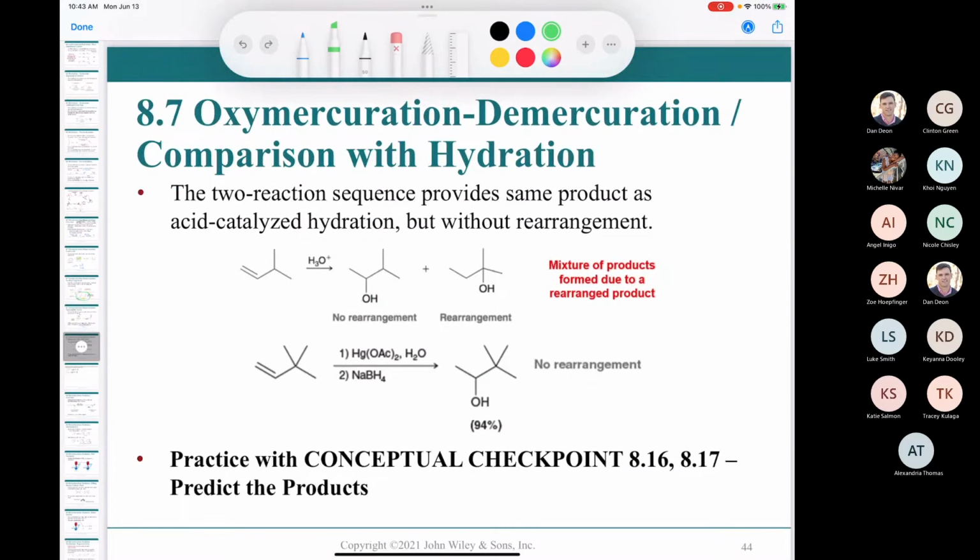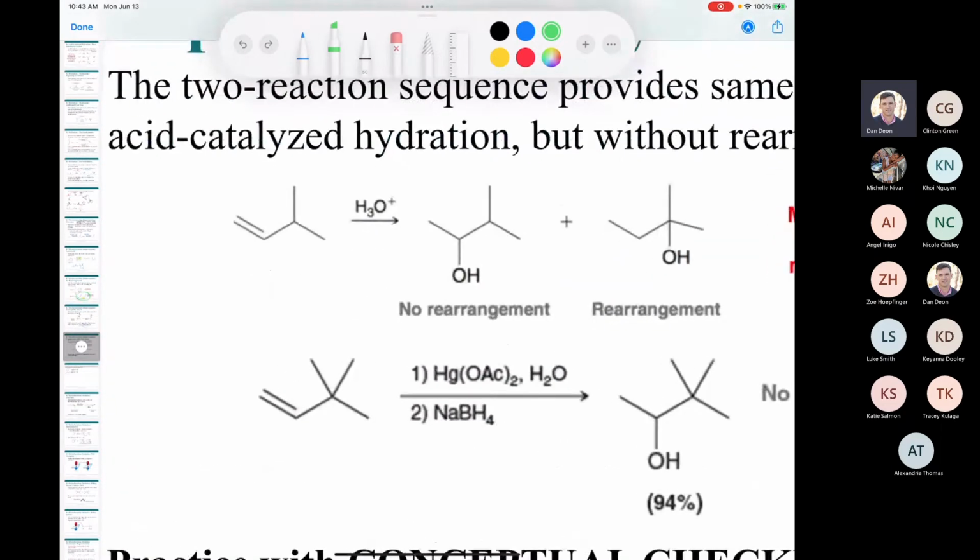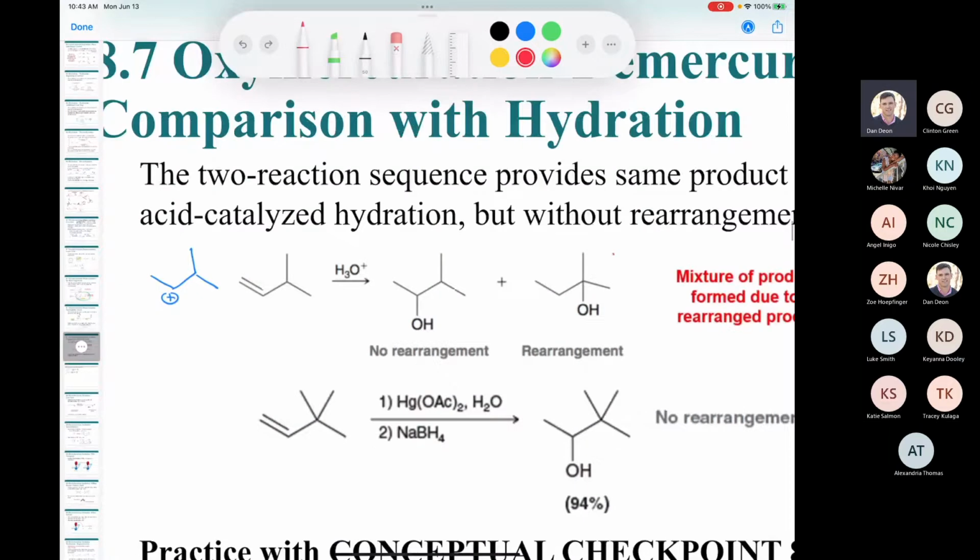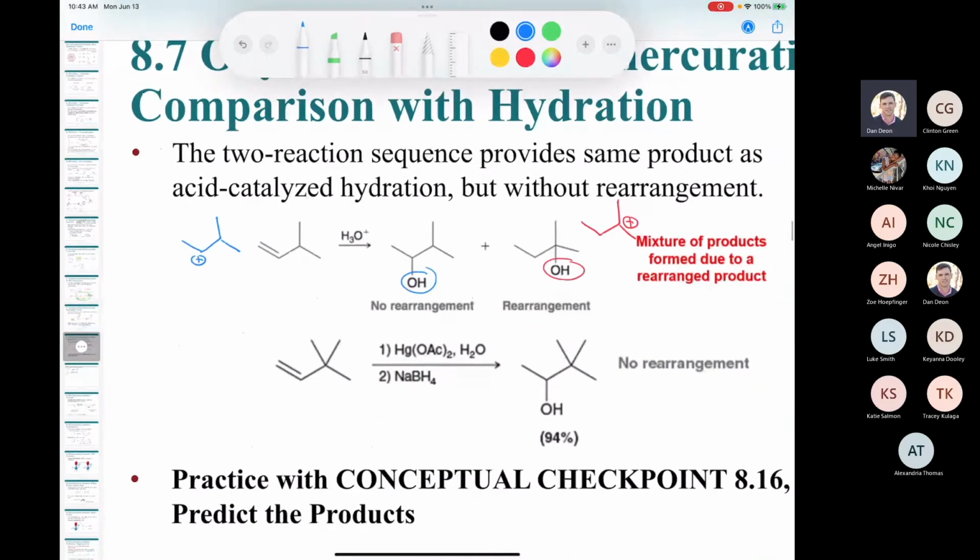Check it out. If you were to try this hydration reaction, so treating this alkene, so this is what? 3-methyl-1-butene with aqueous acid. You produce this secondary carbocation, right? After the proton transfer, and that can undergo a hydride shift to produce this carbocation that I'll draw over here. The carbocation in red is going to produce this product, and the carbocation in blue is going to produce this product. However, if it proceeds through